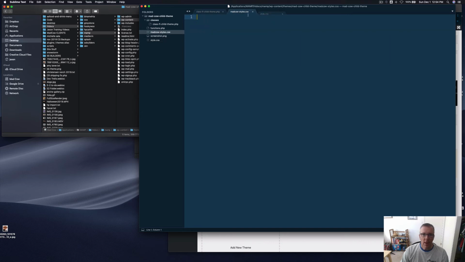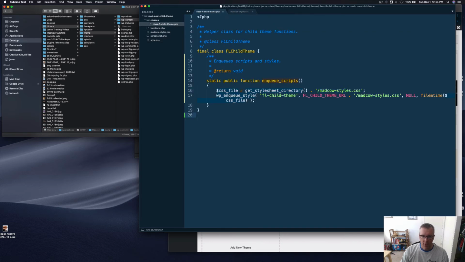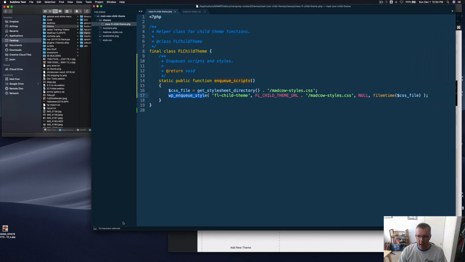And what's happening in our enqueue here is that it is going and grabbing the directory. It's going to grab the child theme directory, which is the get style sheet directory function from WordPress. It's a native WordPress thing. And then it's going into our folder, and in that folder is a file called madcow-styles, which we put right here. And then it's enqueuing that. But what it's doing, I'm going to make this a little bit wider. The trick that's happening here is